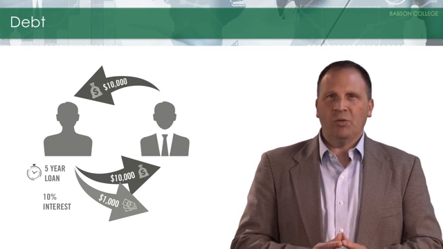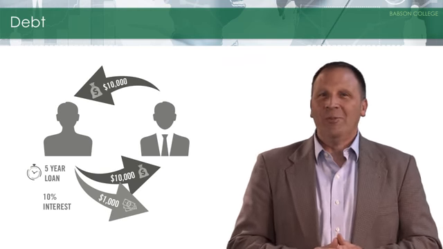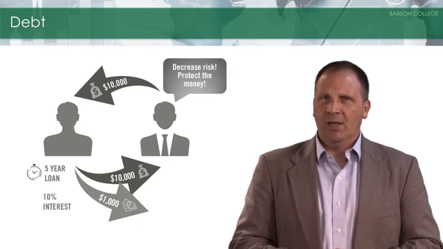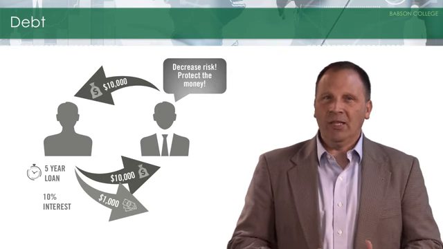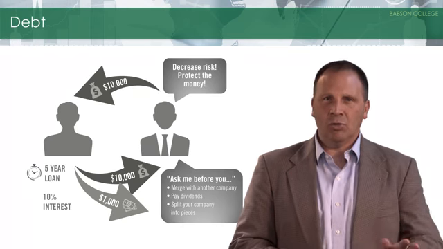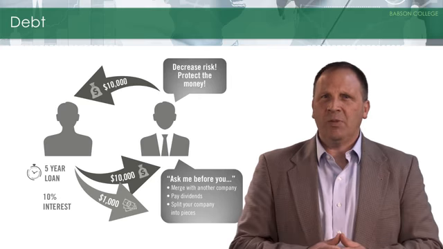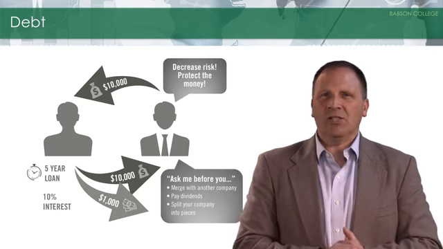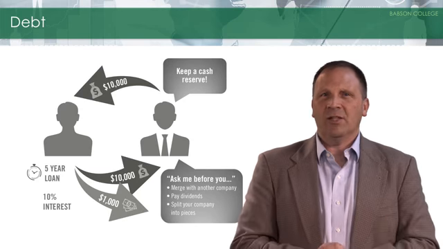You approach the lender with the idea of convertible debt, and the lender is intrigued. In most cases, lenders think first and foremost about decreasing risk and protecting their money. So they'll have you sign an agreement limiting the risk of the money. For example, they may tell you that you cannot merge with another company, pay dividends, or split your company into pieces without getting their permission. They may also make you keep a certain amount of cash on hand, even if you need it to pay for something for your business.